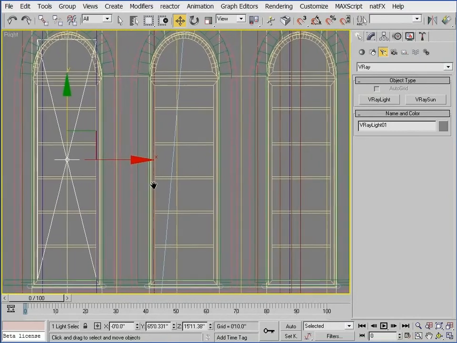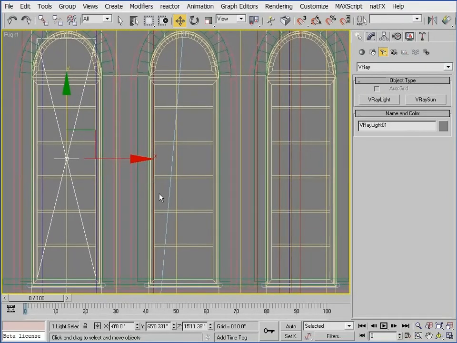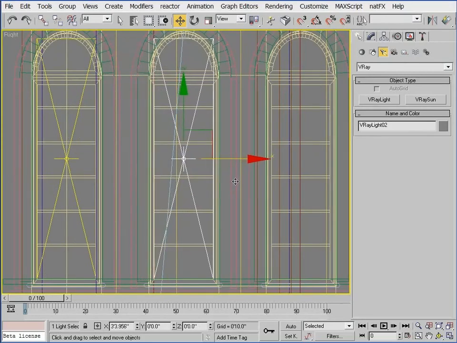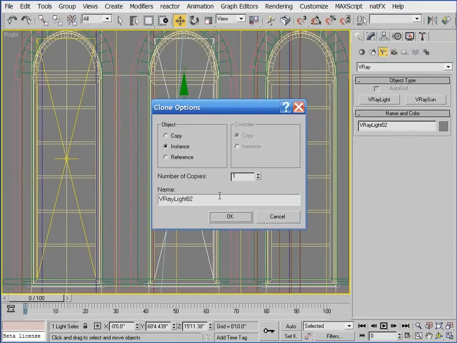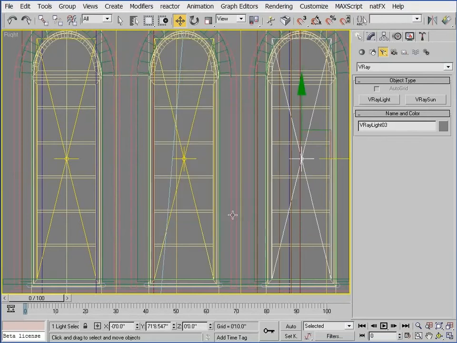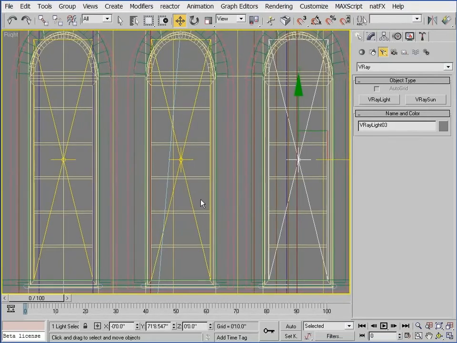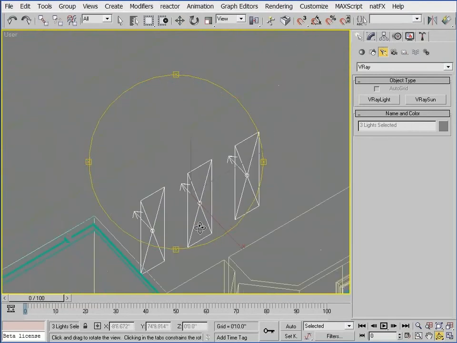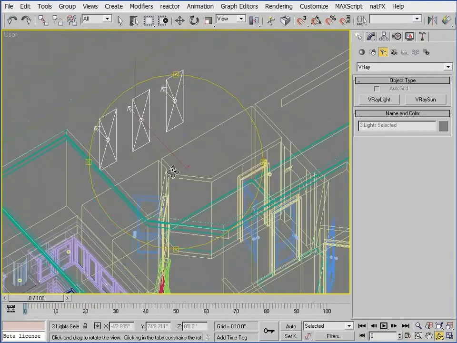Since all three of these windows are the same in terms of size and orientation, after I make one, I should definitely just create an instance and move two instances where the other two windows are. So I can just hold down Shift, apply the move transform, make two instances, and once I create the instances, I can select all three, switch to a perspective view,